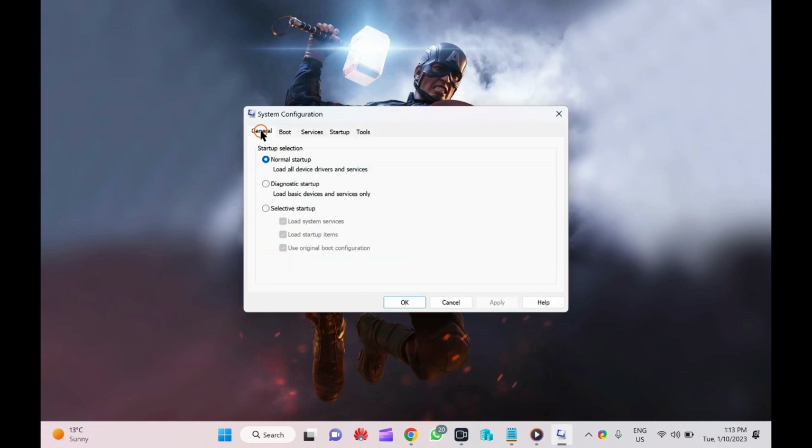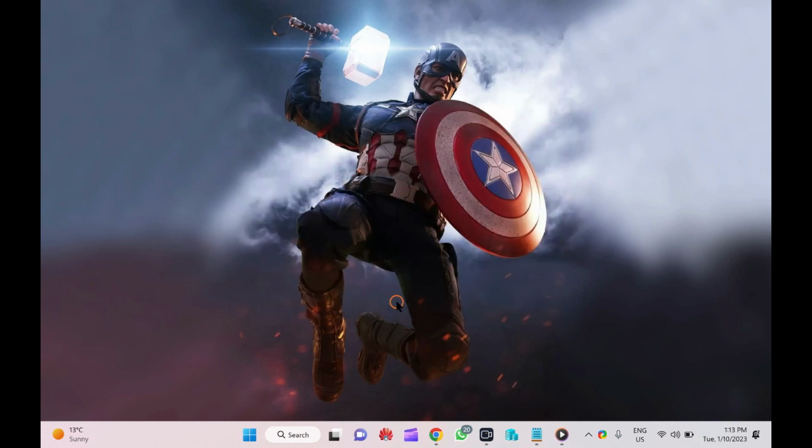In the General tab, select Selective startup and uncheck Load startup items. Then click Apply and OK. This will remove several apps from running in the background at a time.